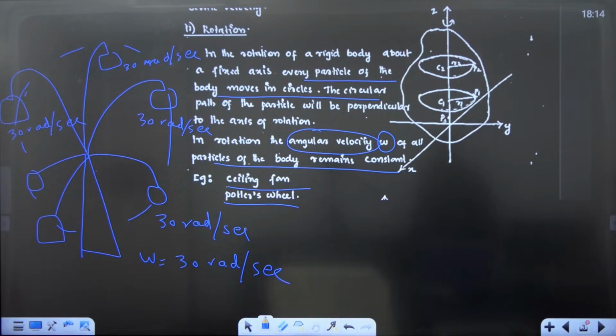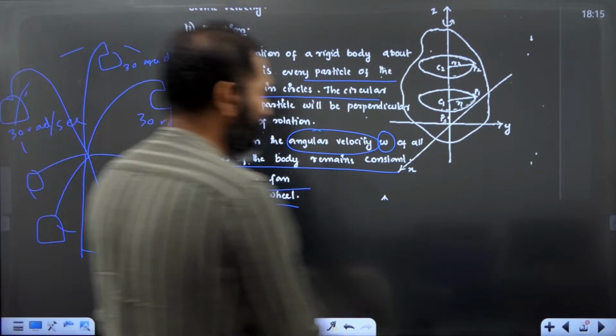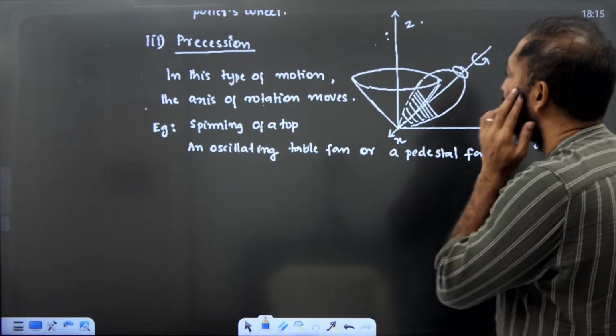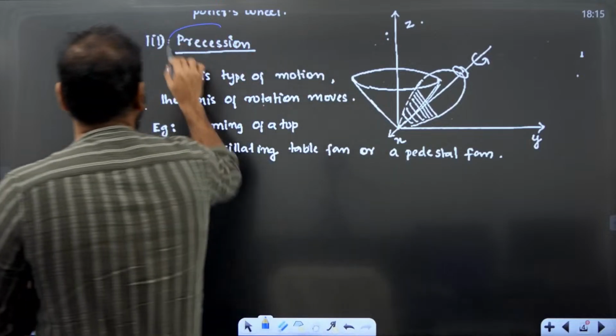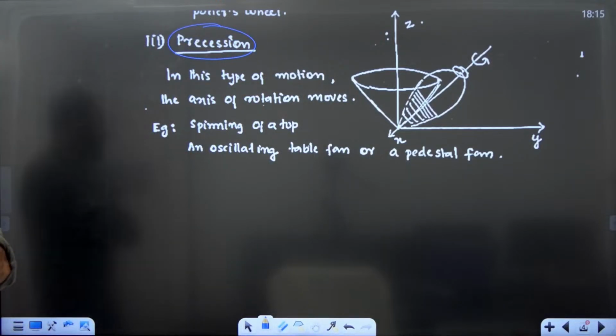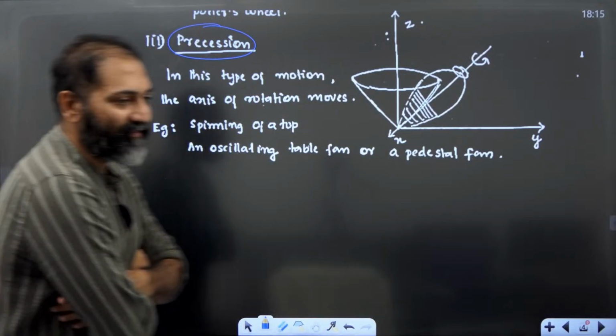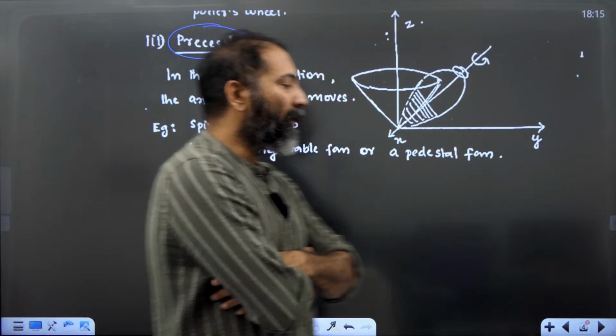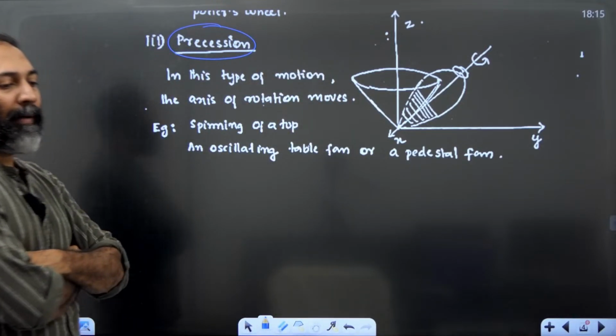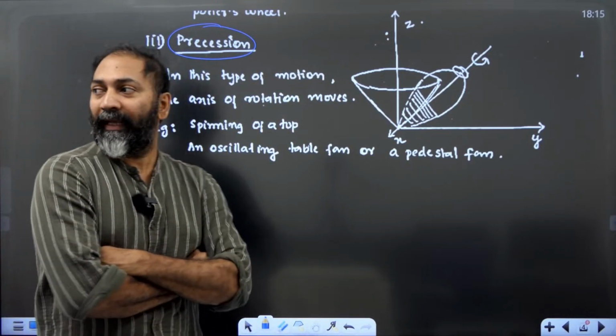Did you note it down? All of you done? Then, precession. What is meant by precession? You have seen the spinning of a top. In Malayalam it is called പമ്പരം കുത്തുക. In the same way, our